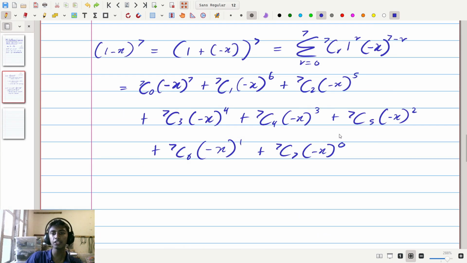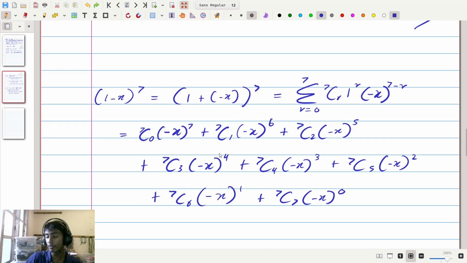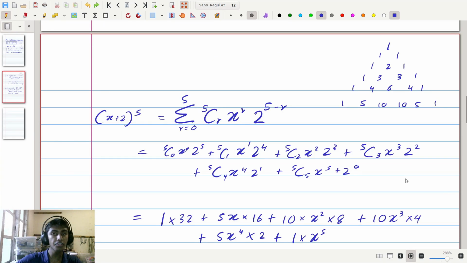So going to Pascal's triangle, if we consider the next rows of Pascal's triangle up here, this is the 5th row, and what we want is the 7th row, since we have 7 choose 0, 7 choose 1 and so on. Considering this, if we construct the 6th row, it's going to be 1, then 6, since 1 plus 5 is 6, 5 plus 10 is 15, so 15, and then 20, 15, 6 and 1,